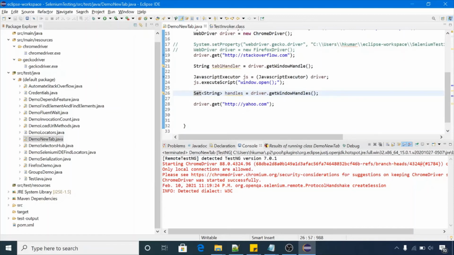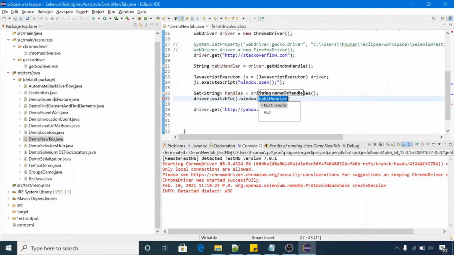Now how will you switch? To switch to different handles, we have one method, that is driver.switchTo().window, in which we have to pass the handle. A handle is just a string value that is uniquely identified. Now from this set, how will you get the handle of the last tab?